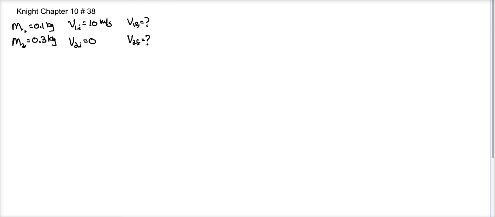So in part A, they want to know what the speeds are if it is perfectly elastic. What you can do is combine conservation of momentum with conservation of energy, right? And you would have an equation that is m1 v1I plus m2 v2I equals m1 v1F plus m2 v2F,